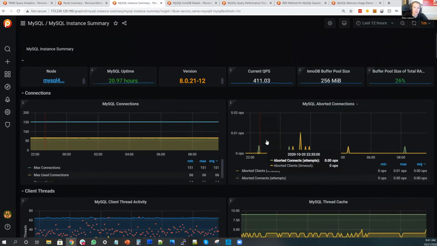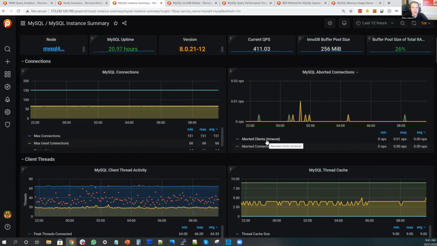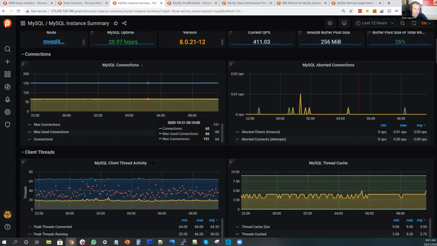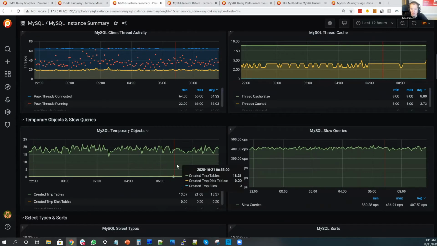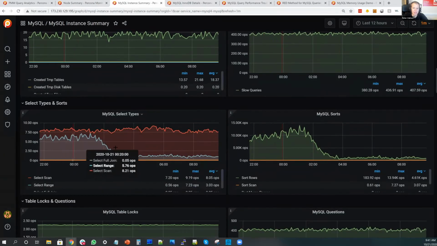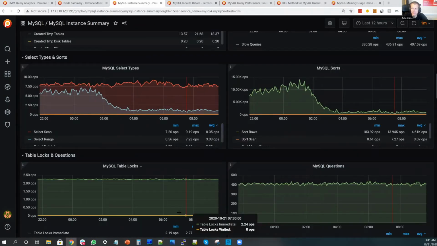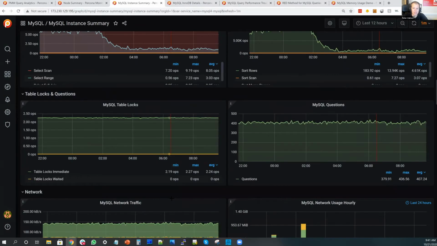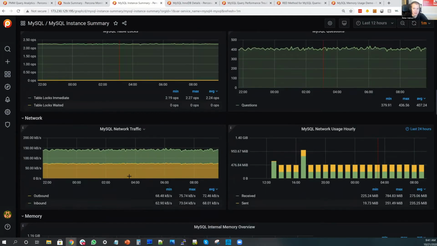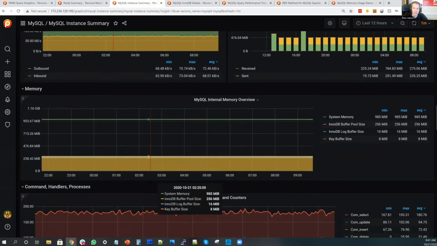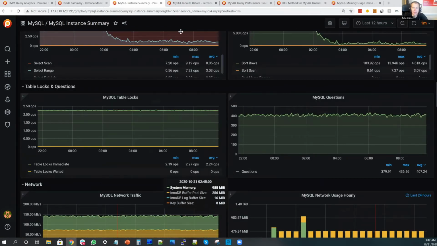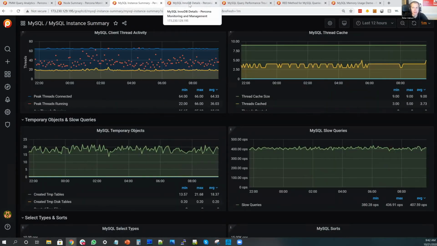Then we also have the high-level information about MySQL, where we see information about its threads, the different types of selects the instance is running, information about the network traffic, and some additional information. And if you want to drill down into what the hell is going on with MySQL,